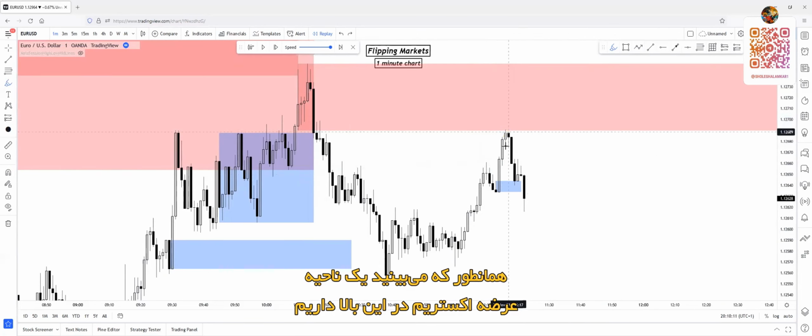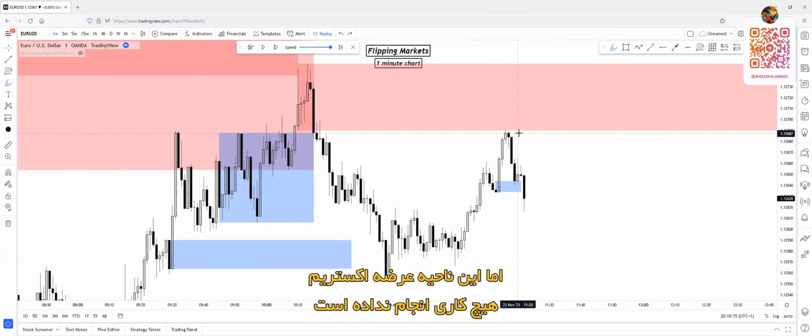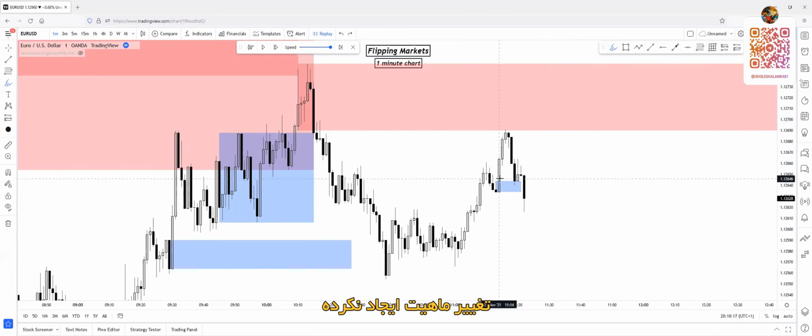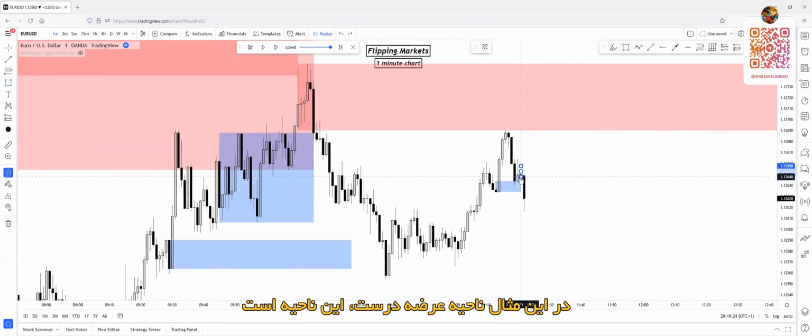Okay, as you can see, we have an extreme zone up here, an extreme supply zone, but this extreme supply zone did literally nothing. It didn't change character, it didn't flip anything. So this is nothing. The right supply zone in this case will be this one, as you can see, because